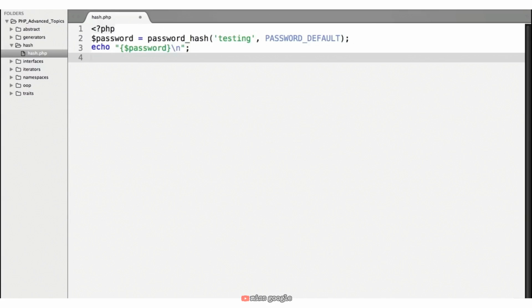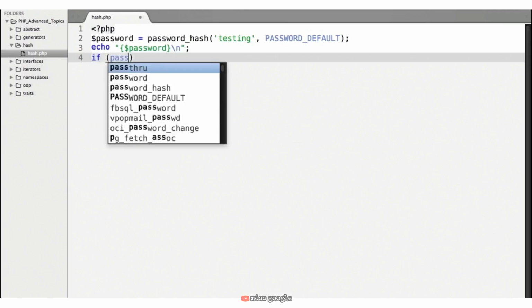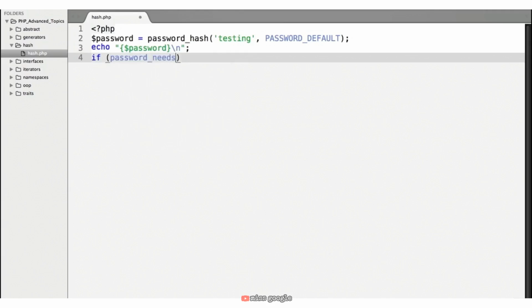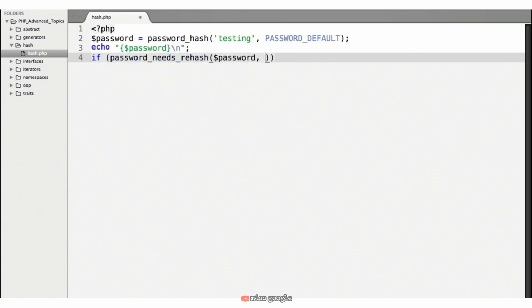next 2 arguments from password hash, the algorithm to use, and any options for that algorithm. To do this in particular, we're going to pass in a new cost value. Line 4 is going to read as if, calling the password needs rehash function, passing in our password variable, passing in the constant password default, and then we're going to pass in an array, which is going to have a key cost, whose value will be 12, different from the default